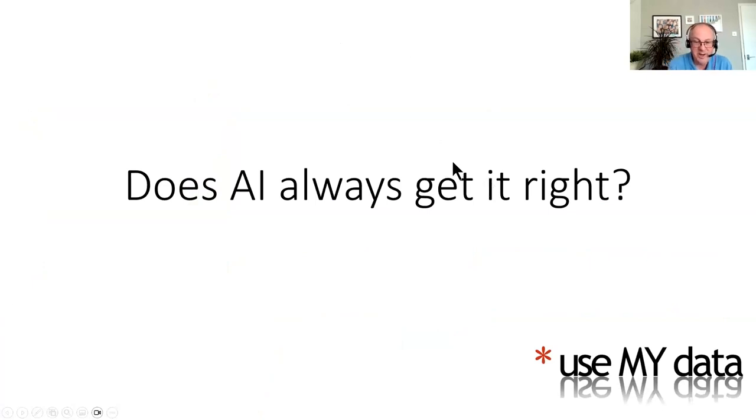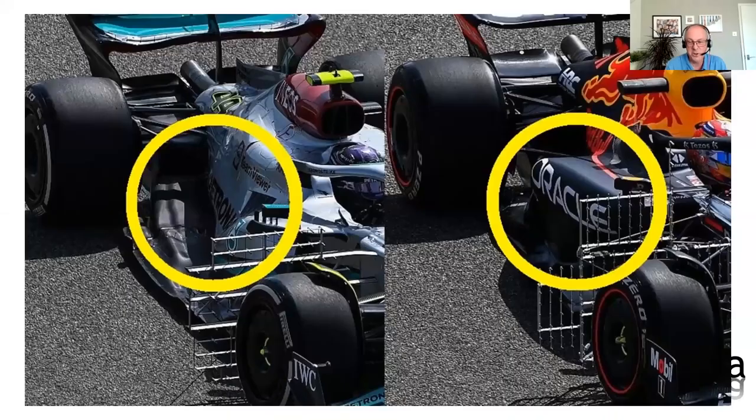The other point about AI is, as I mentioned, it may not always get it right. And I've got an example which is nothing to do with healthcare. It's to do with the wacky world of Formula One racing, into which each of these teams plugs in millions and millions of pounds every year to develop racing cars that go fast around a track. They do that within a set of rules. The rules are defined by the governing body. And each of the Formula One teams is given exactly the same rules, exactly the same constraints, and exactly the same regulations within which they must work.